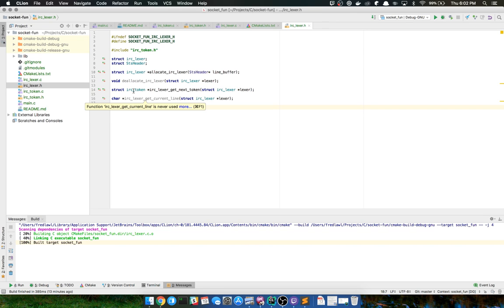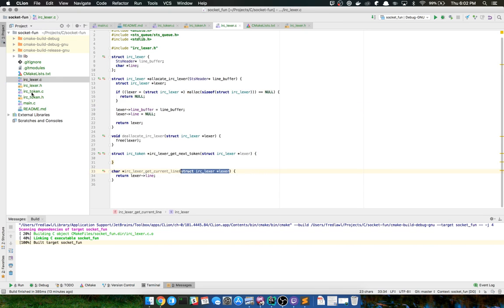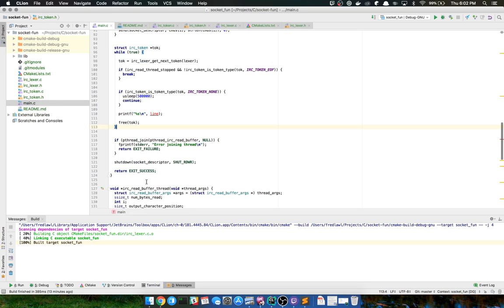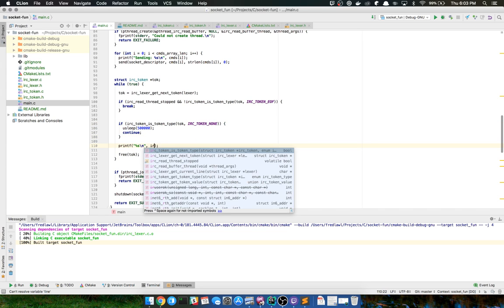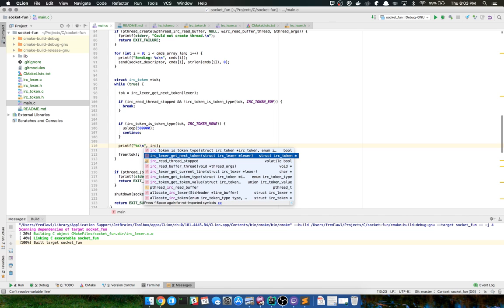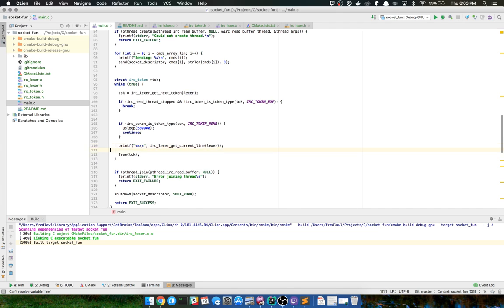Alright, so get current line. Just going to try to rethink through what's going on here. IRC Lexer get current line.